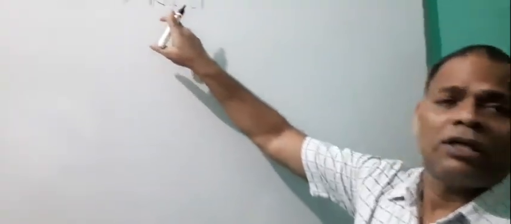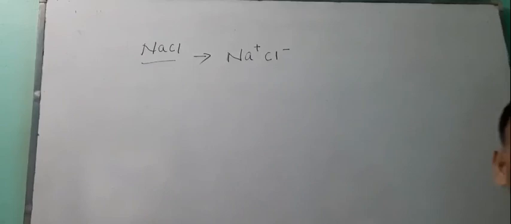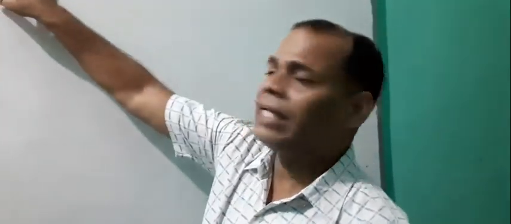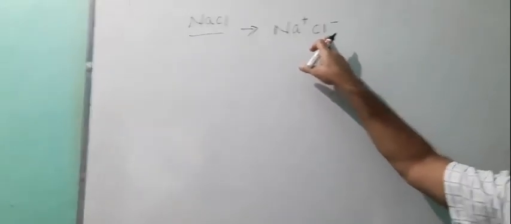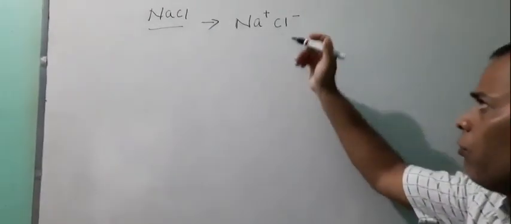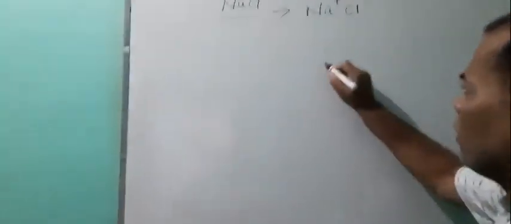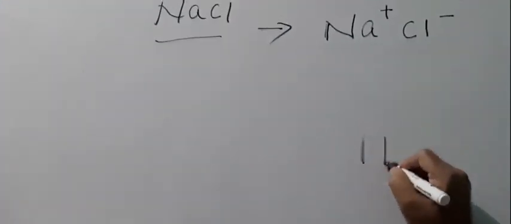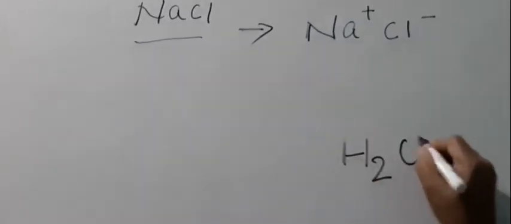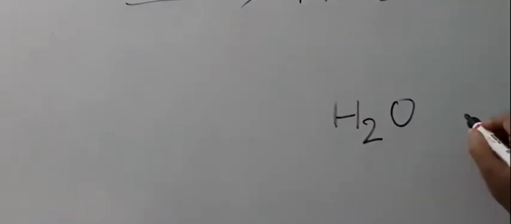Since an ionic compound does not constitute molecules, rather it constitutes ions. Here you see, in NaCl there is Na plus and Cl minus ion. So an ionic compound always constitutes ions. So when you are adding it in water, water is a polar solvent. So here also, if you draw its structure,